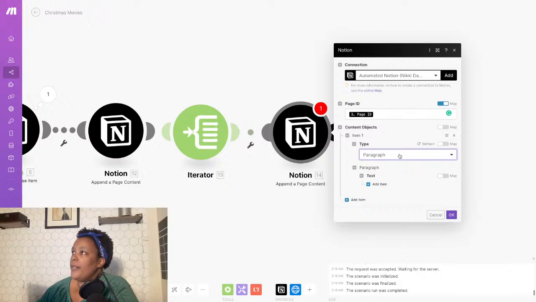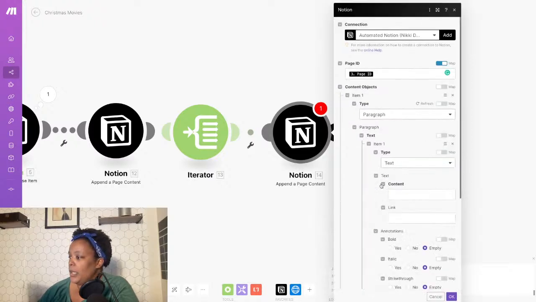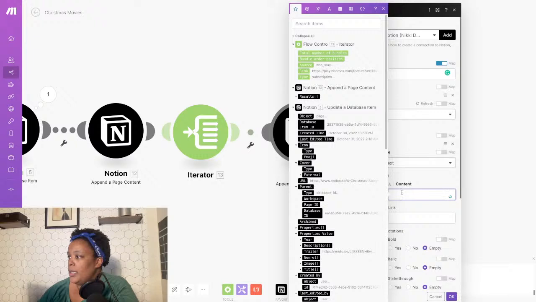Should we do paragraph of bullets? Paragraph's fine. All right, and then our content. So you see up here, this green, that's our iterator. It is basically the same data that we have, but it's now breaking it each down